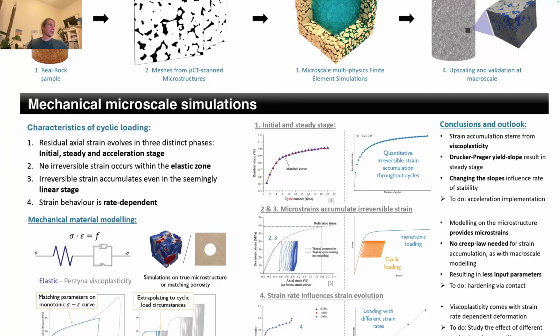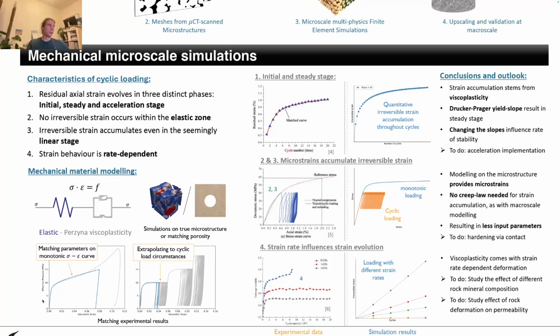Another point is that there is no irreversible strain within the elastic zone, so if there is no plasticity occurring within my sample, I can load whatever I want. No matter how many cycles I put in there, I don't find any irreversible strain accumulation. But before my plastic yield point, which you can see in this graph as well,